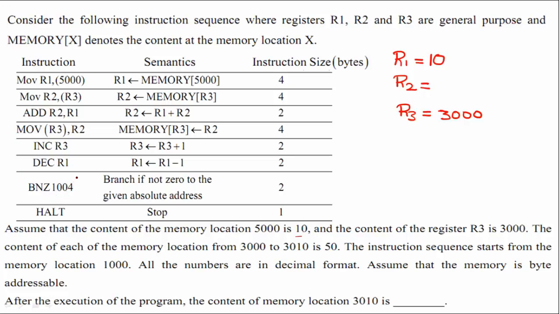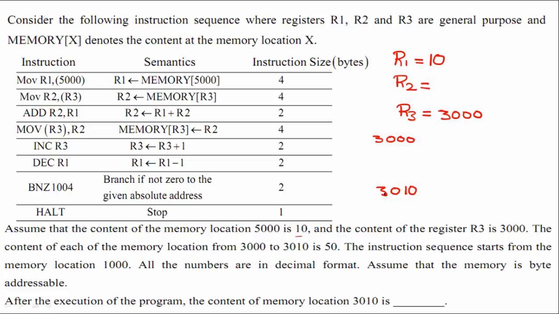So the loop is only going to get repeated for 10 times, during which memory locations from 3000 to 3010 will get updated. But if you count the total number of memory locations from 3000 to 3010,